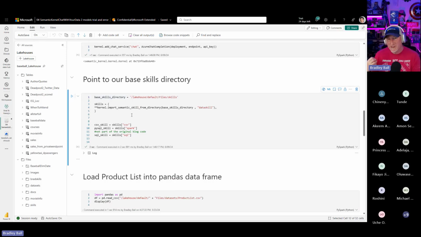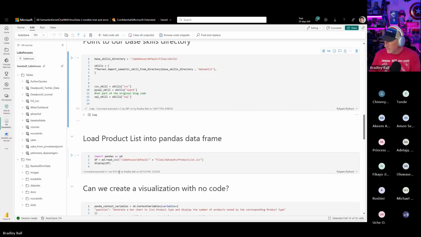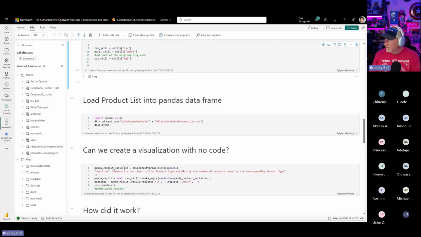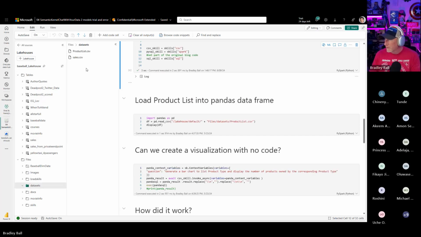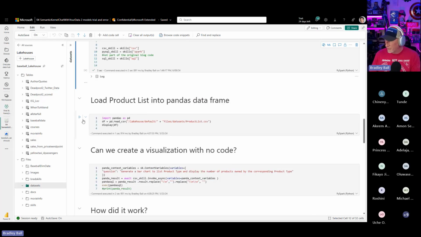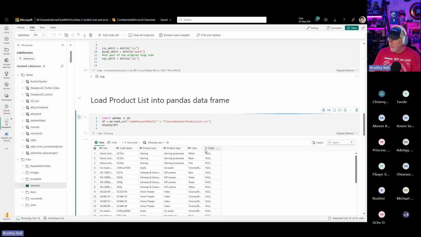But that's basically some prompted information I'm passing along to the model before we pass through the user question. And then I've got, oh, sorry, my mouse isn't behaving. I've got a CSV right here in my data sets folder. I've got product list and sales CSVs.